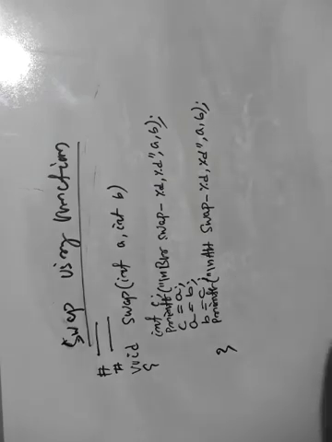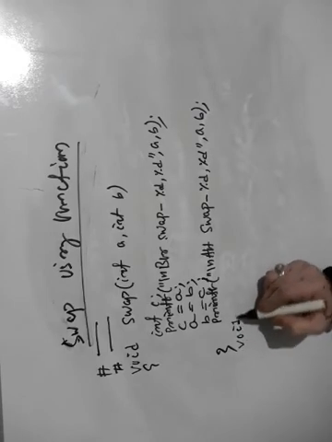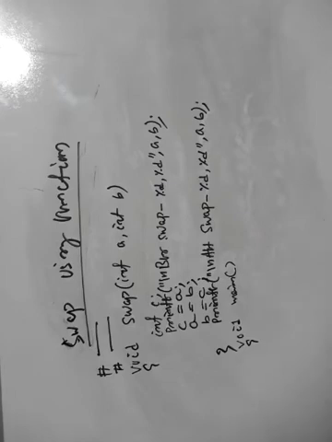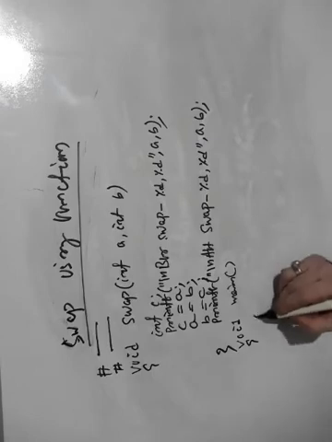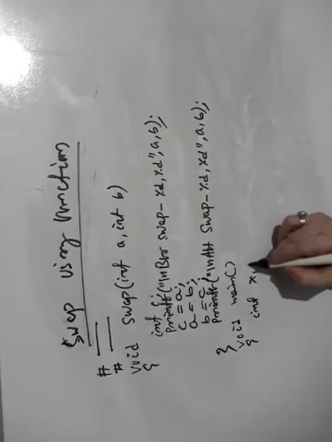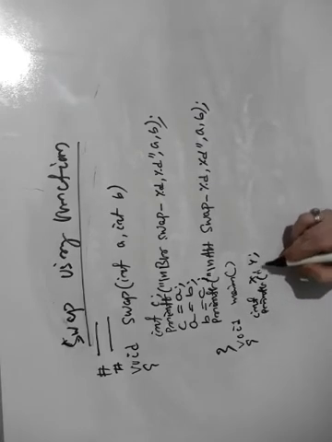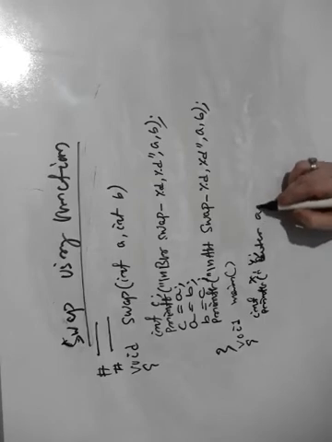Now we are going to write the main function for it, because without the main function we know that our program won't work. So we are going to write the code for the main function. For main we are going to write void main. In the main function we have to provide two numbers. So for two numbers we have to take two variables, students. So I am taking here int x comma y,